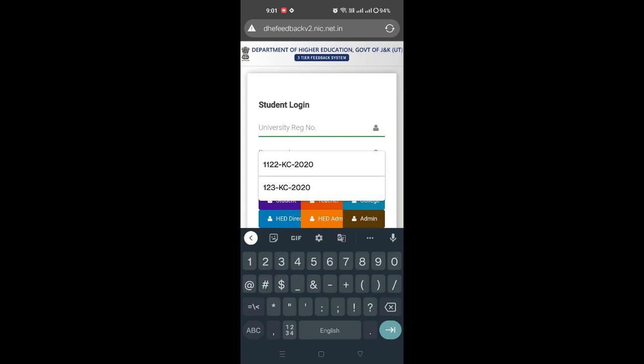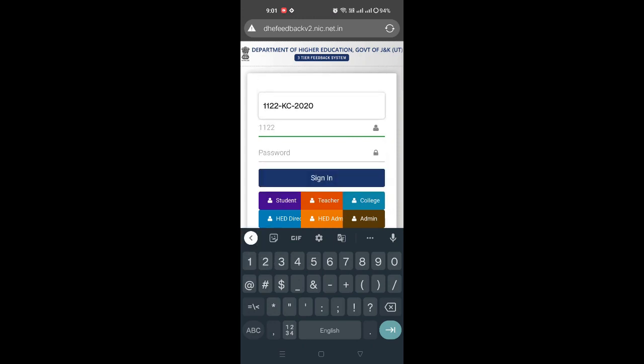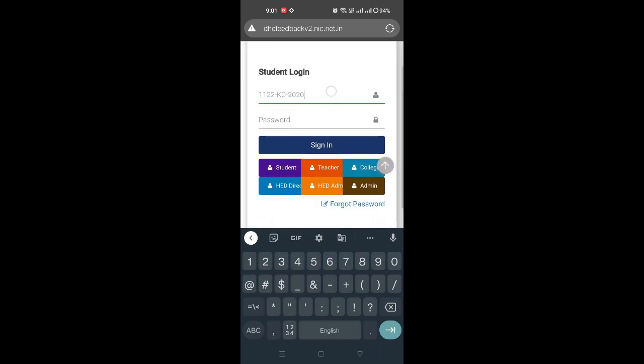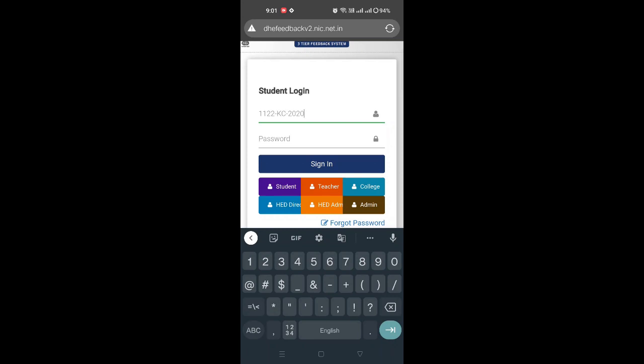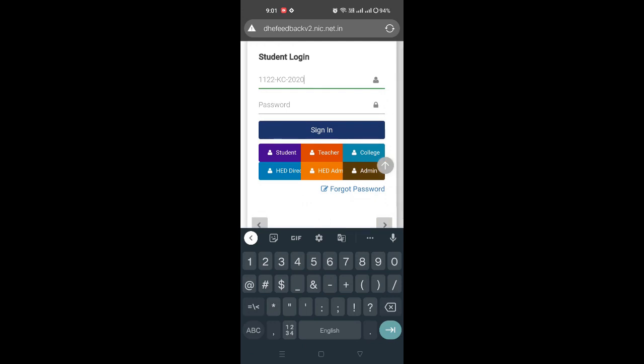For example, your university registration number is 1122 KC 2020. Please ensure that you are entering the registration number in this pattern only, because some students sometimes enter an underscore or a space in between, so in that way you will not be able to log into the portal. So make sure that you are entering the registration number in this pattern only,